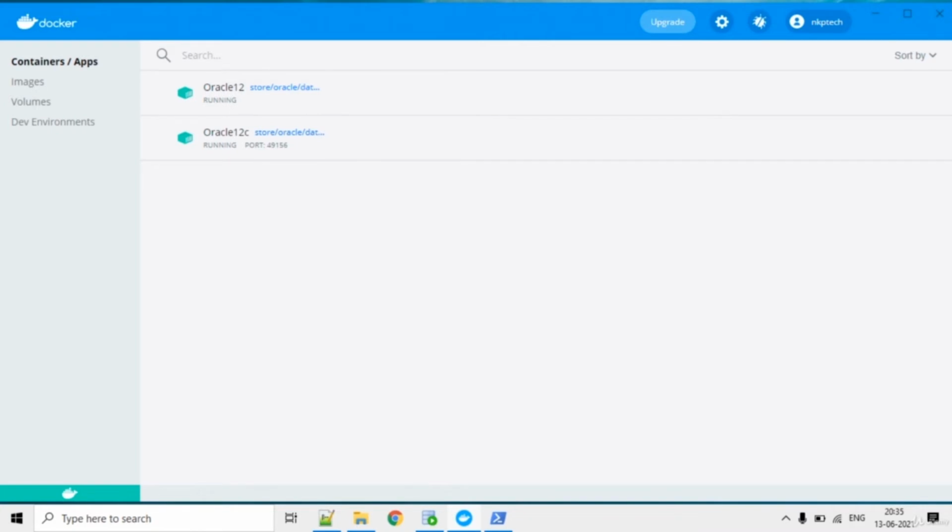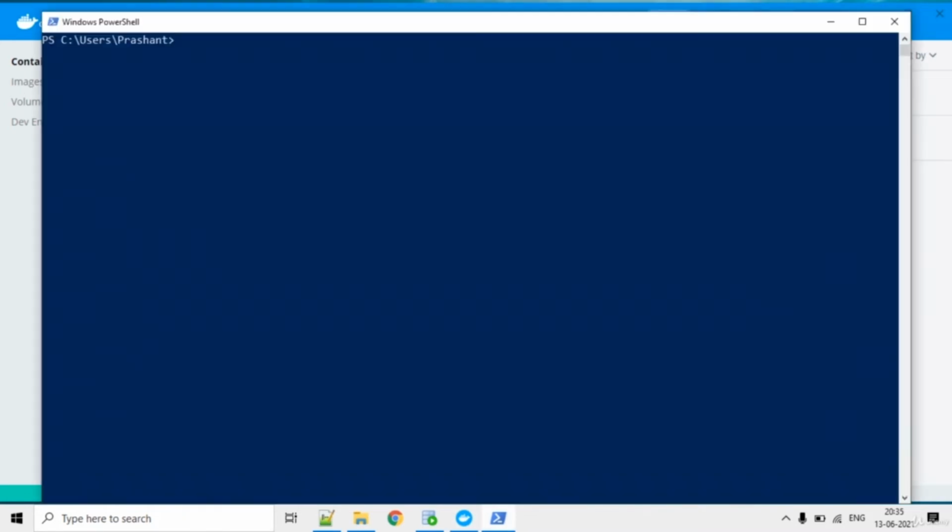How to create a new user? Earlier we used the sys user, which comes by default with the Oracle instance. Now we will create a new user. We can use PowerShell and go to the SQL command prompt. To do that, we'll use the docker command: docker exec -it, Oracle instance, bash -c